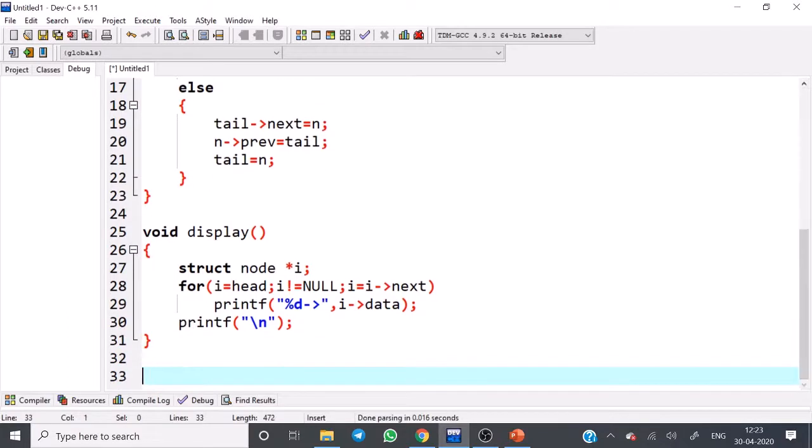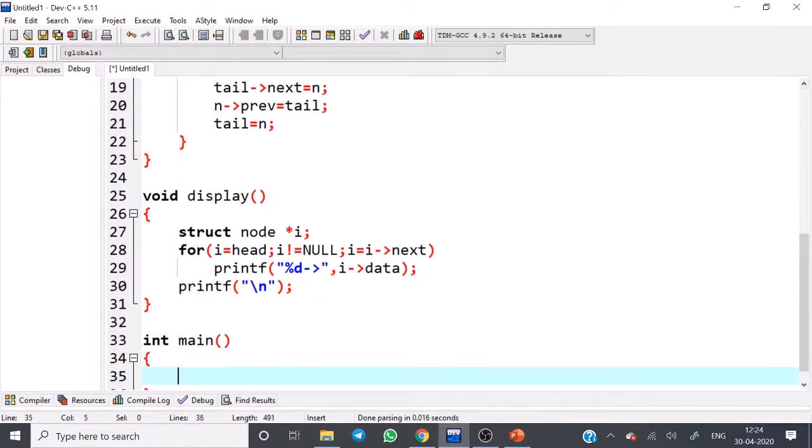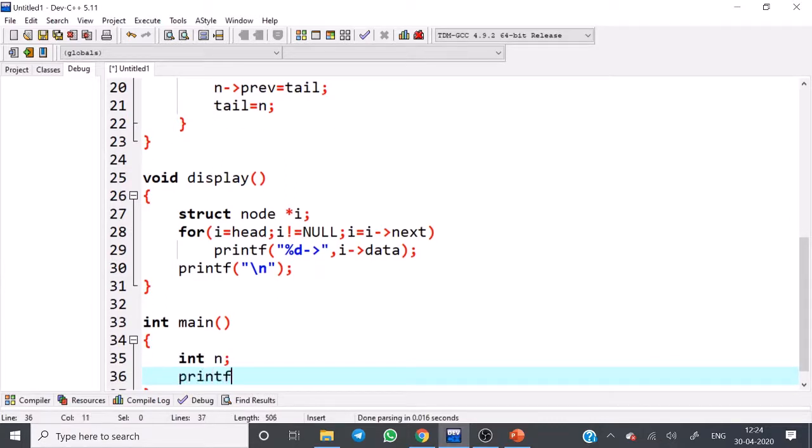Here in main, just get the size of the list. Enter the size of the list.